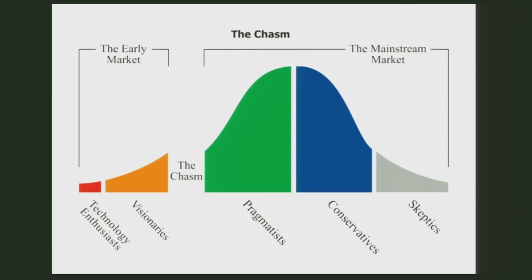Because there are a lot of technologies and businesses and products and whatever else you want to apply this to that will have a lot of people who are very enthusiastic at the beginning, but will fail to reach the mass market or the mainstream market, as this particular version of this chart displays. And the reason why is that there's this gap between a lot of the early people who are involved and this group of people called the pragmatists. So your goal as a startup, which is the context in which this book was originally written, or as a technology advocate or enthusiast, if you're on the left-hand side of this chasm, is to try to convince the right-hand people to use this thing.